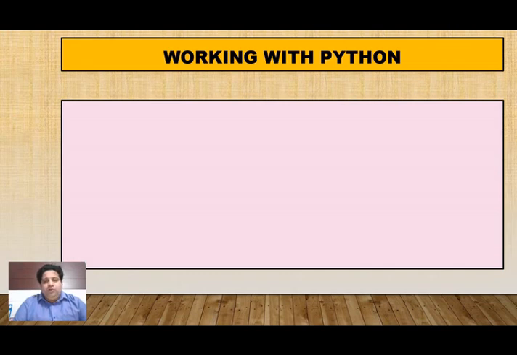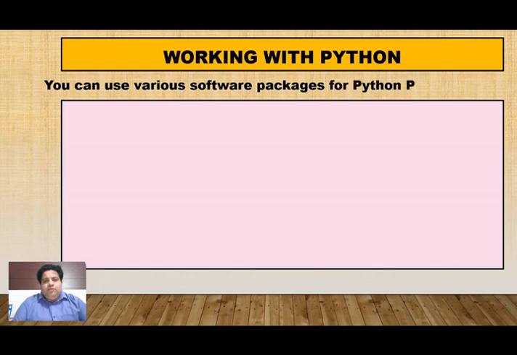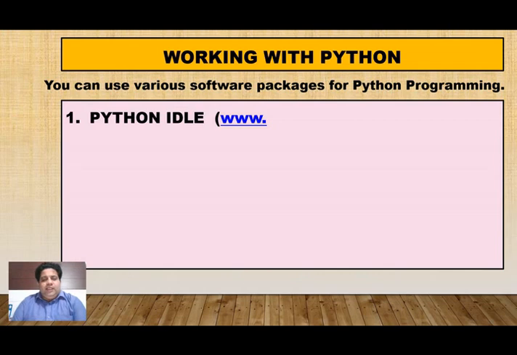Now, how do you actually work with Python? First of all, you can use various software packages for Python programming. There are a variety of software available to write Python programs. The first is Python IDLE.